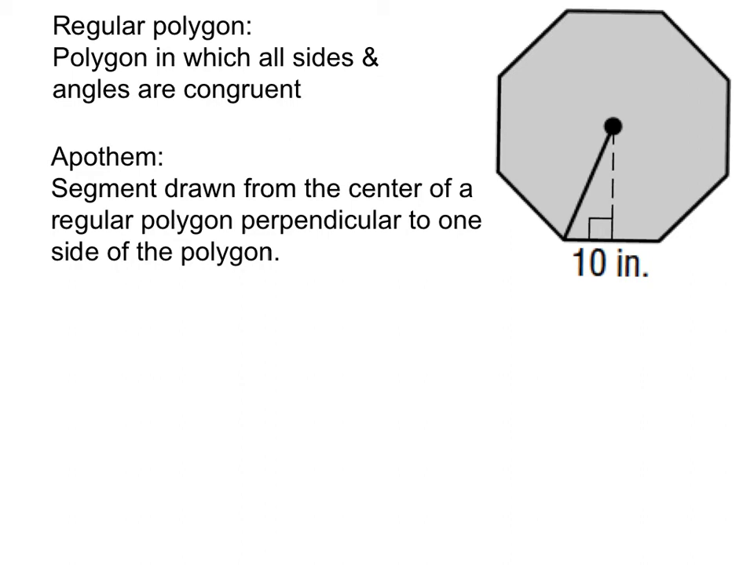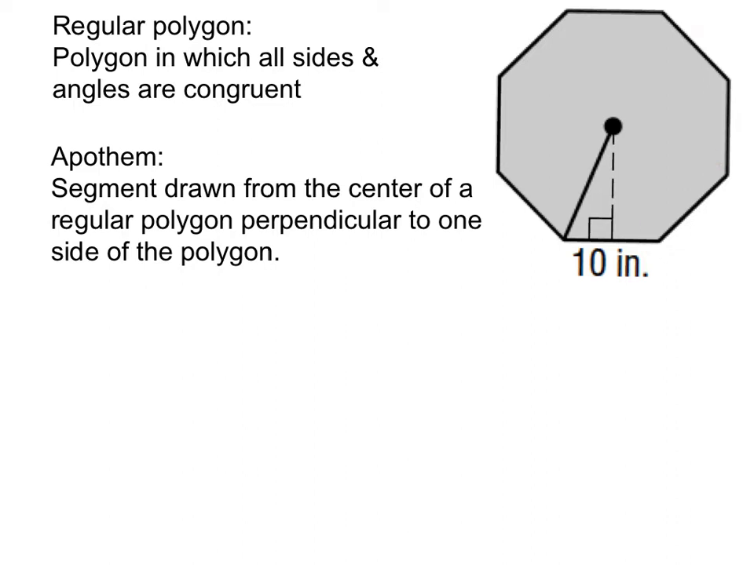In this video we're going to talk about how to find the area of a regular polygon. And this is just one example, but to start I want to talk first about what is a regular polygon. So a regular polygon is a polygon in which all the sides and the angles are congruent. So every single side has the same length as every other side, and every single angle has the same measure